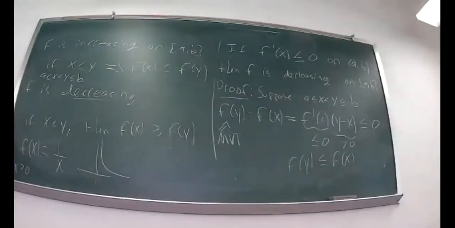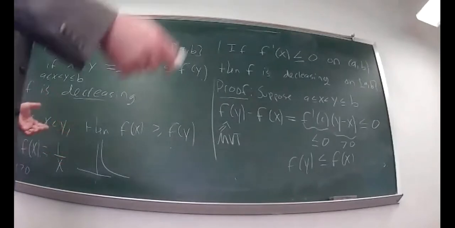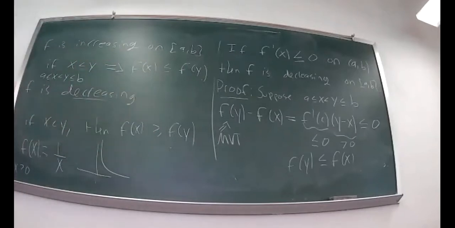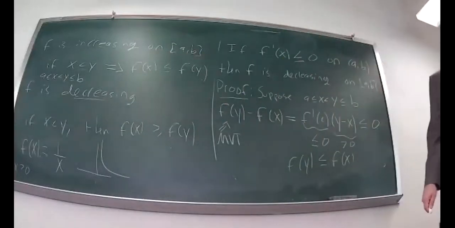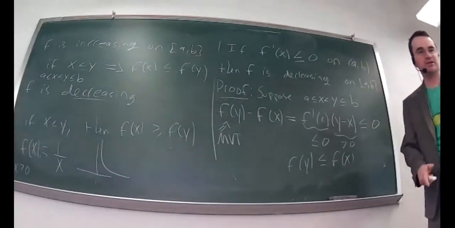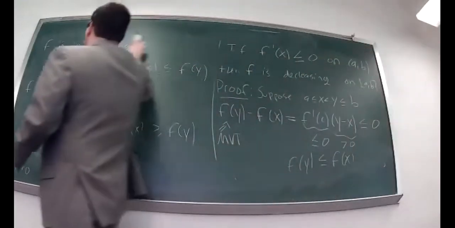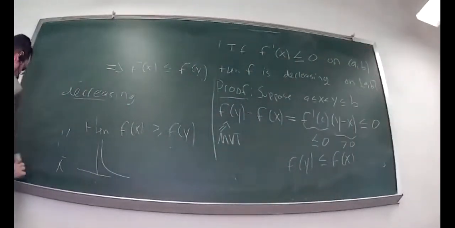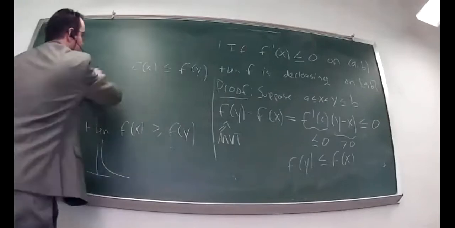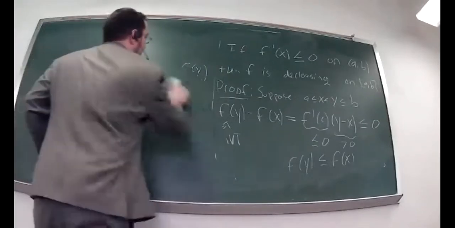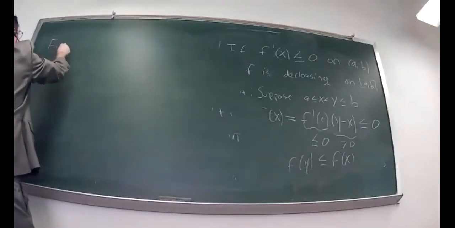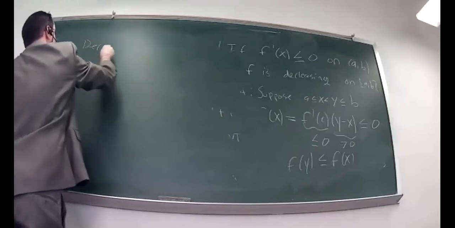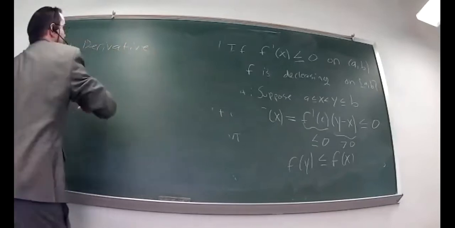So mean value theorem is the connection that says if your derivative is positive on an interval, you're strictly increasing. If your derivative is negative on an interval, then you're strictly decreasing. And this allows us to do something, so let's bring this back to extreme values. This allows us to do something that we call the first derivative test,